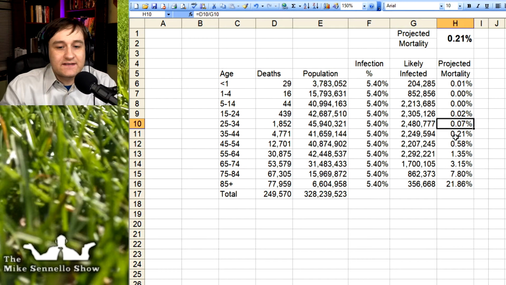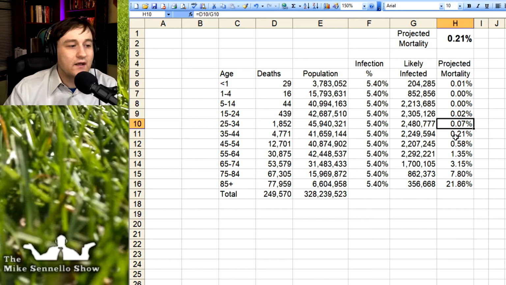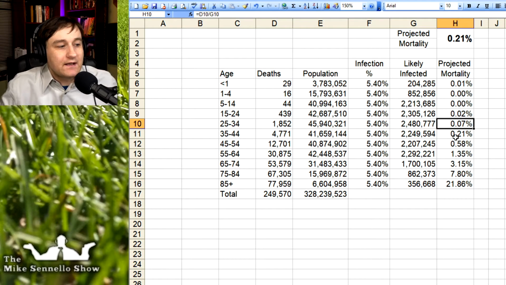Now, of course, I said that this kind of stacks the deck against my case as much as you possibly can. Less than 0.1% for every age category below the age of 35. We're going to get into what that kind of equates to and what a reasonable response would be for a projected mortality rate of 0.07%. That means survivability of 99.93%. Now, like I said, that 5.4% applies to a specific time period. The other thing to consider is that